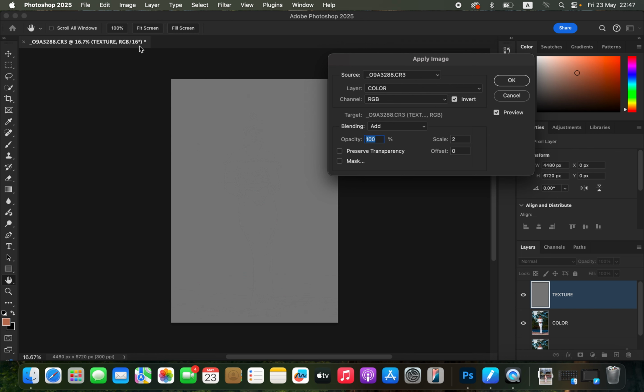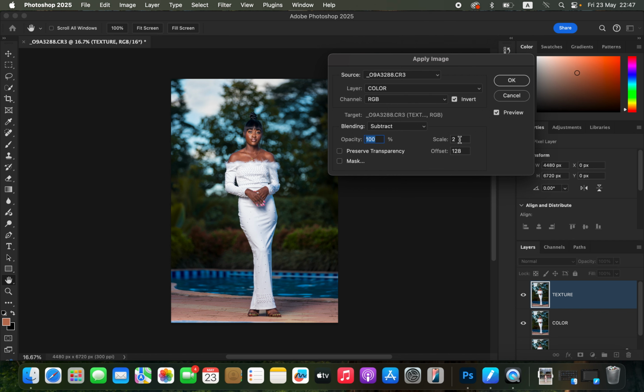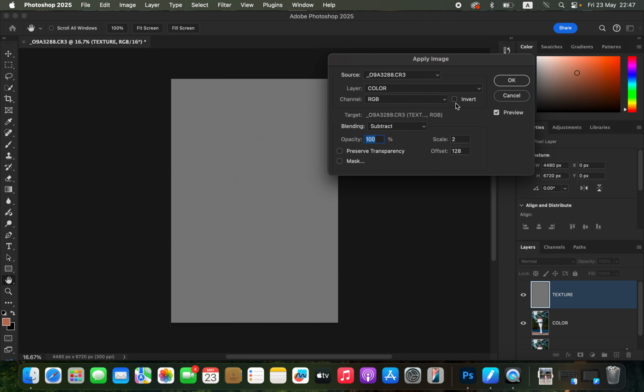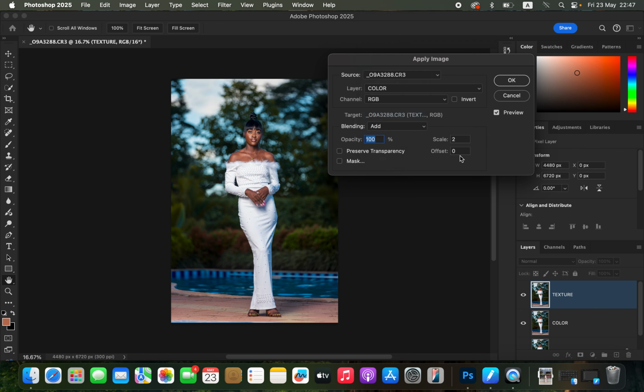But in case you're editing an 8-bit image, you have to use a blending of Subtract. The scale is 2, offset 128, and make sure the invert option is not turned on, and you'll see the settings on this gray-like layer. So ours is a 16-bit image, so the settings will be